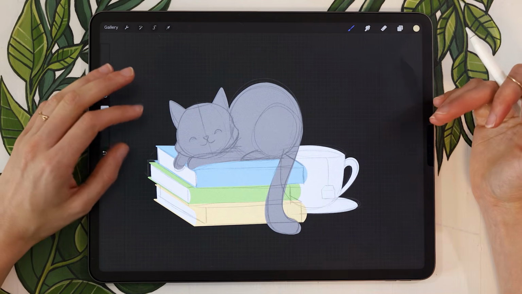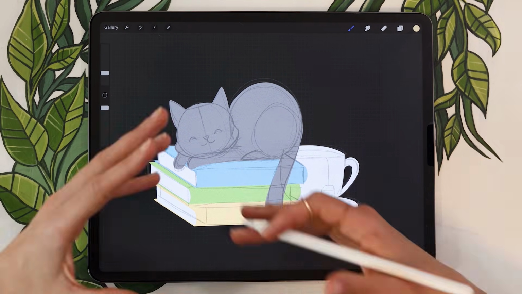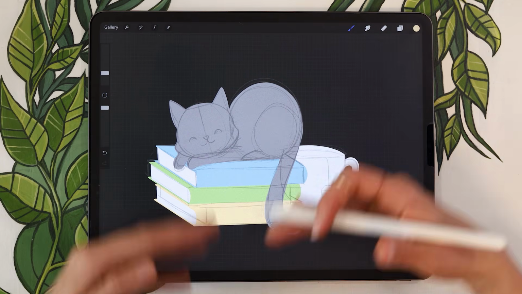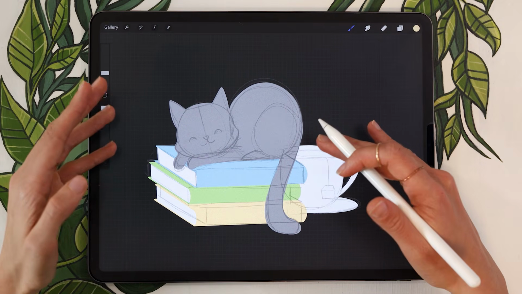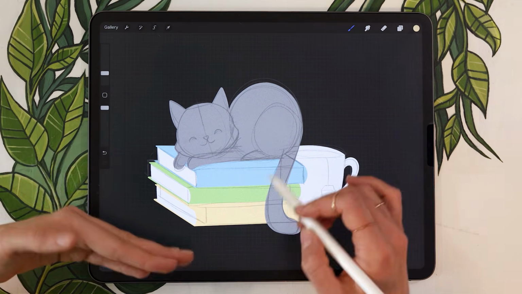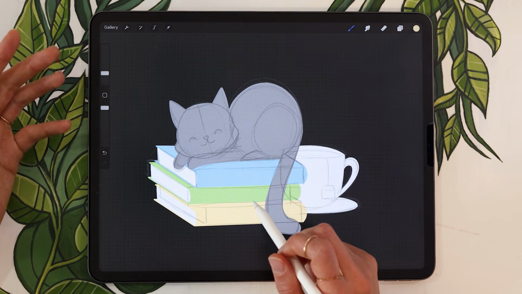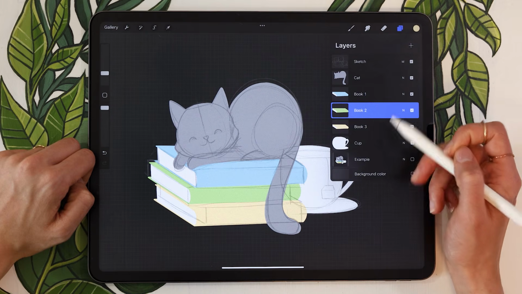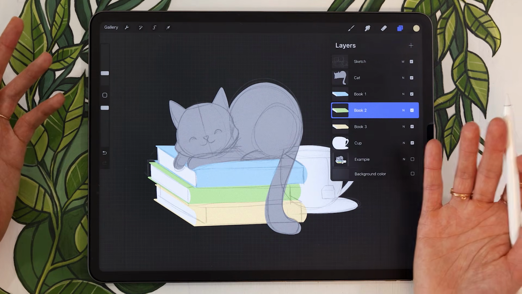So if you don't have a color palette, or if you're just exploring when you're creating your own color palette, that is a great tool. And that is the tool I use whenever I'm creating illustrations before I start teaching them on YouTube. So for example here, if I was working on my books and I said, you know what, I'm not sure of that green. What I could do is just select my book 2 layer, the green one, and go and find my